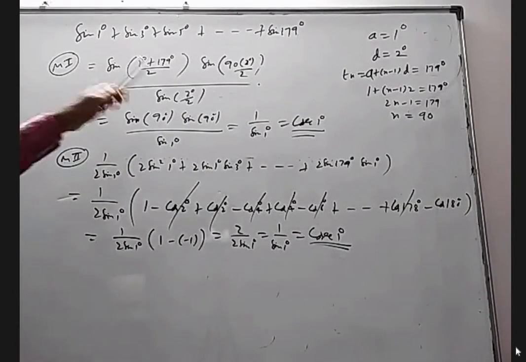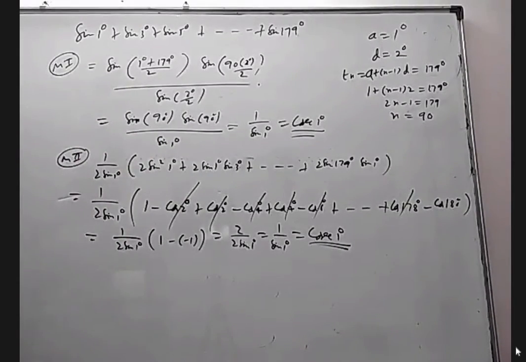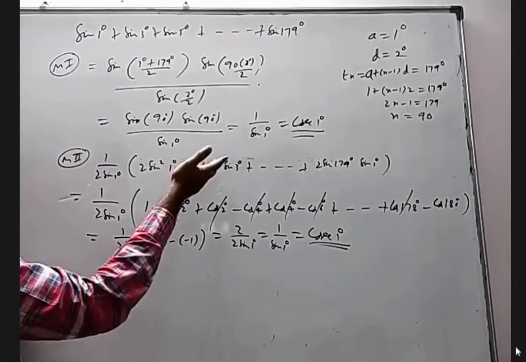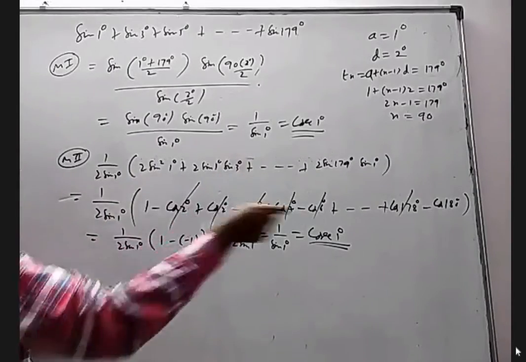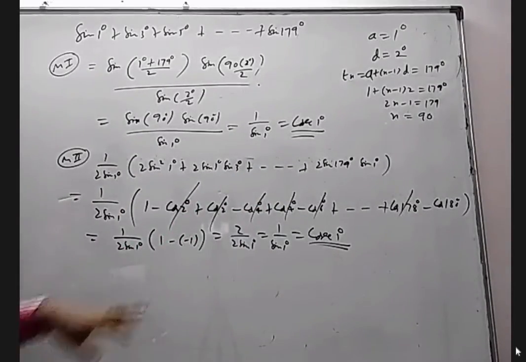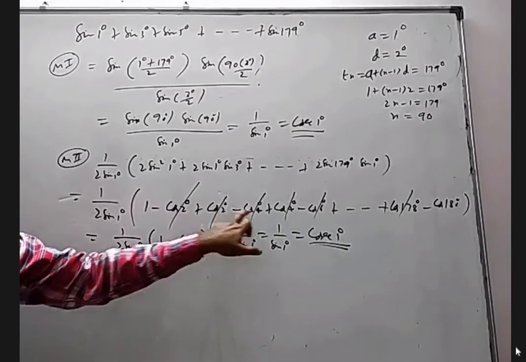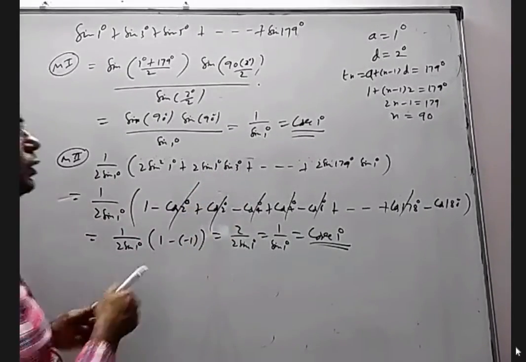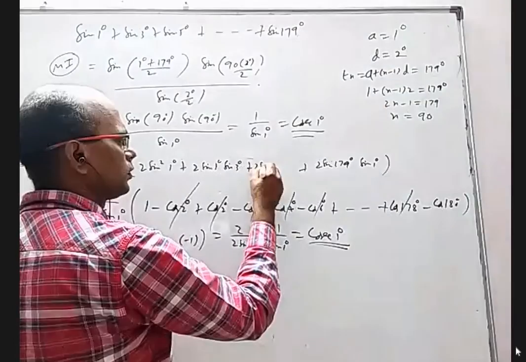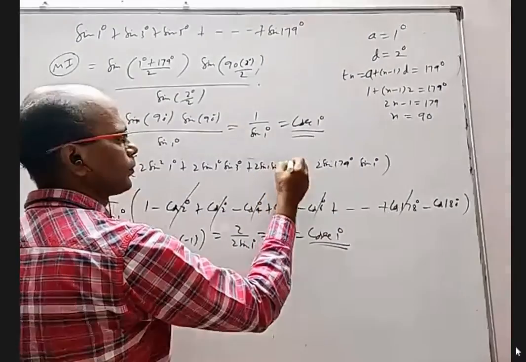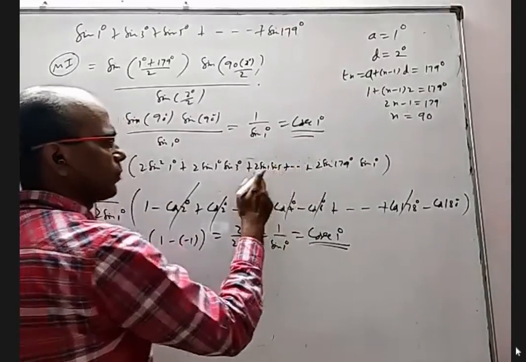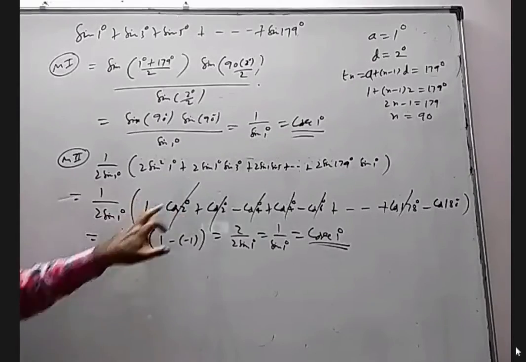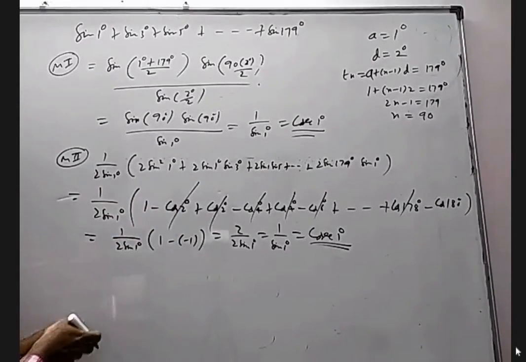By chance, if somebody forgot the formula or you don't want to use it, you want to derive it. Very simple. What is the common difference? 2 degrees. What is half of that? 1 degree. Multiply 2 sin 1 everywhere and divide by 2 sin 1. 2 sin A sin B is cos A minus B minus cos A plus B. 3 minus 1 is 2, 3 plus 1 is 4. The next term would have been 2 sin 1 sin 5. 5 minus 1 is 4, 5 plus 1 is 6. 2 sin square theta, I can write as 1 minus cos 2 theta. Based on that, I wrote this one.